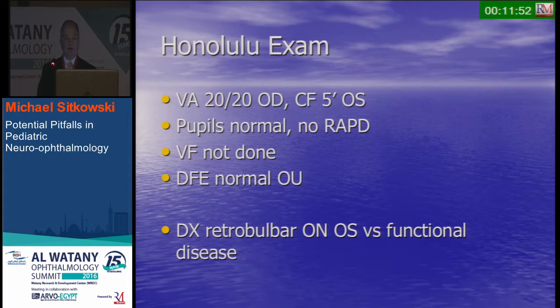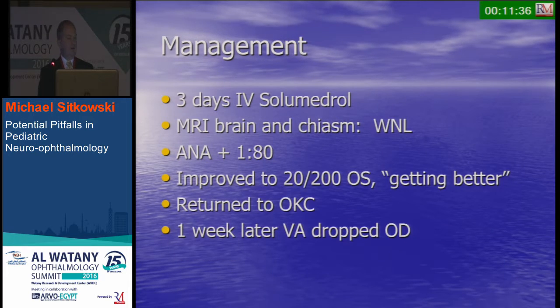Pupils were documented as being normal. A field wasn't done, and the fundus exam was felt to be normal. So this is a very good ophthalmologist whom I know in Honolulu who said that I think this could be retrobulbar optic neuritis, but on the other hand, the pupils are normal, so this may be a functional non-physiologic complaint. She was treated with intravenous steroids, had neuroimaging, which was unremarkable, a low positive ANA, and she improved from count